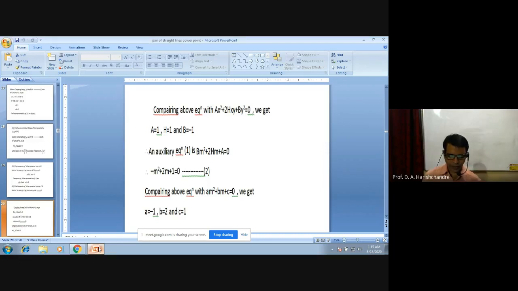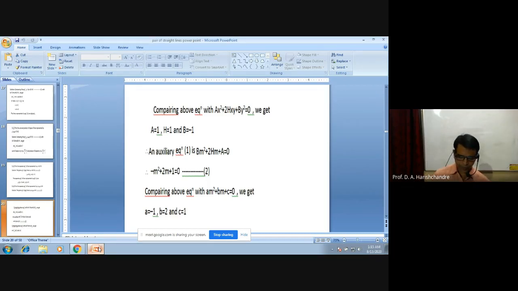So it will be turned into the quadratic equation in variable m. It is minus m square plus 2m plus 1 is equal to 0. Call this equation 2. Now we want to solve this quadratic equation. Actually, to solve a quadratic equation, there are three methods. You know those methods. One of them is the method of factorization, second the method of completing square, and third is the formula method. But here, to work out the roots of this quadratic equation, the formula method is the better one.